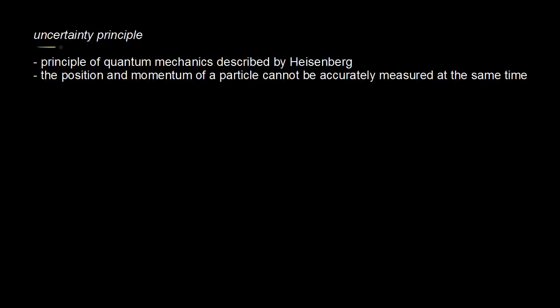The Heisenberg uncertainty principle is a principle of quantum mechanics. So if we take a particle, let's say we have a particle here of mass m moving with velocity v, the momentum of that particle, the linear momentum, is equal to the mass times the velocity. And according to the uncertainty principle, you can't know the position and the momentum of that particle accurately at the